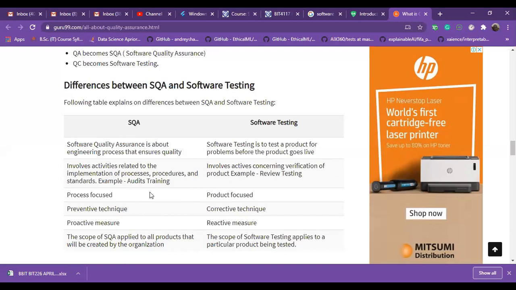SQA is process focused, while testing is product focused. SQA is preventive, testing is corrective. SQA is proactive, and software testing is reactive. SQA is applied to all products that were created by the organization, while the scope of testing applies to a particular product being tested. So, as you can see, if an organization involves various aspects,